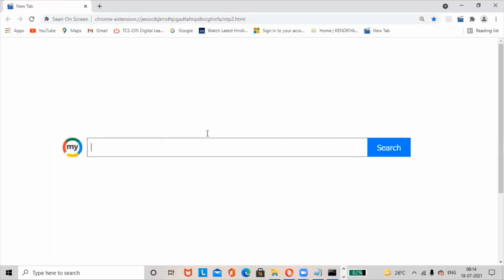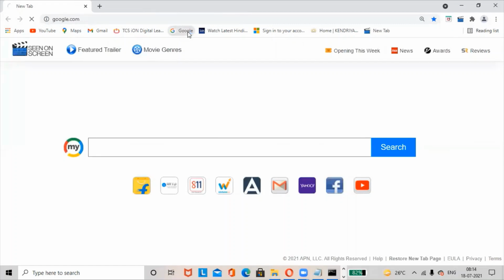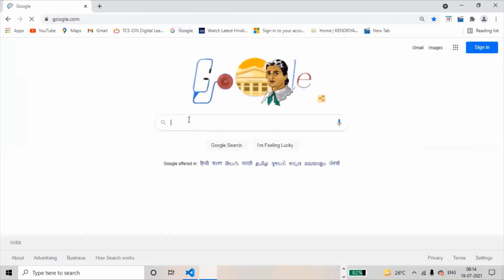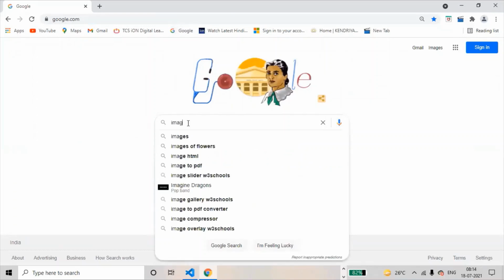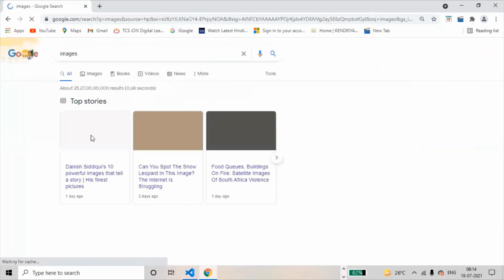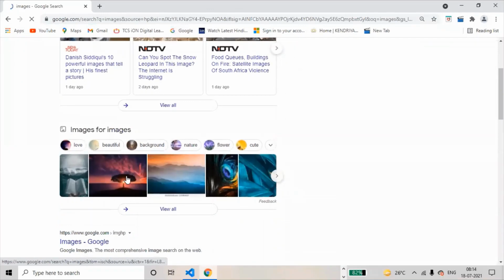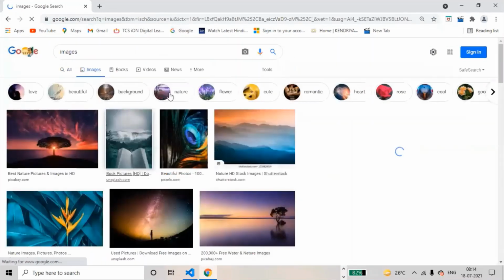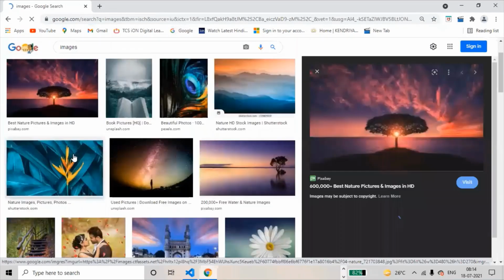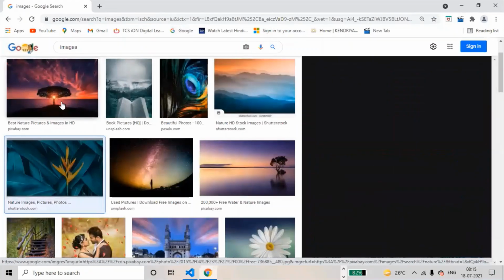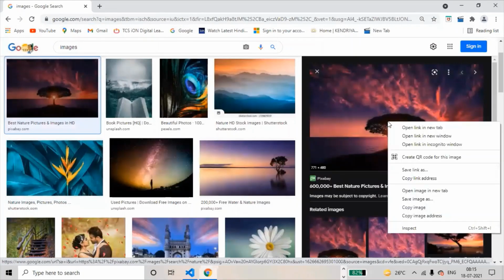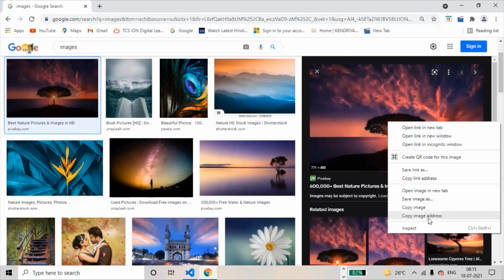Go to Google Chrome. How to insert the URL of the image? Just type it as images. Okay, any of the image required you can select and select this image. Right click on the image, copy image address,